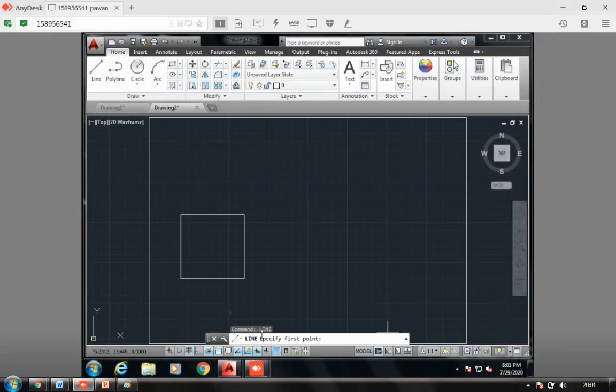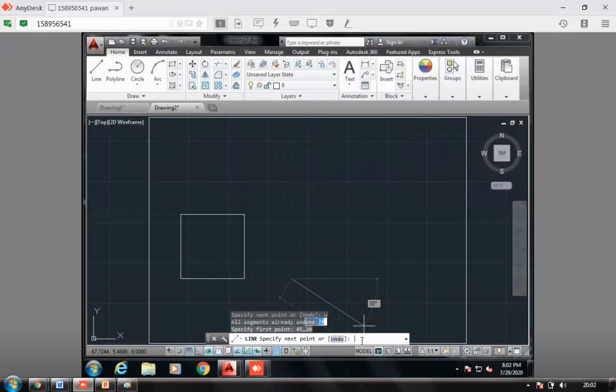Press enter. So my first coordinate is 45 comma 20. I'm getting my first point. Oh sorry, it's 45 comma 20. I undo this, so I say U. And then I say 45 comma 20. The point is that, and that will be added. See, it will be added this way.